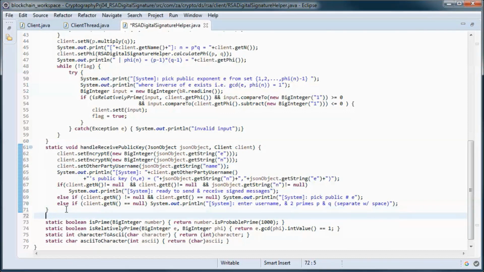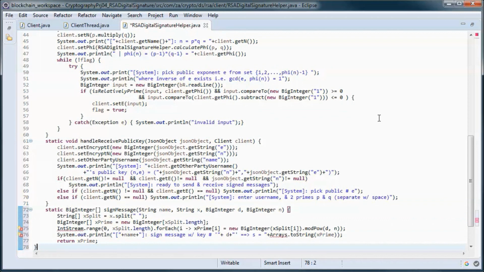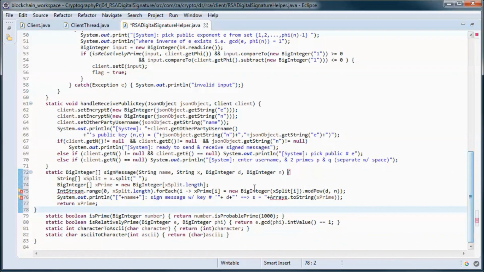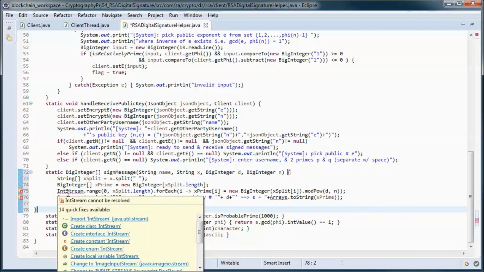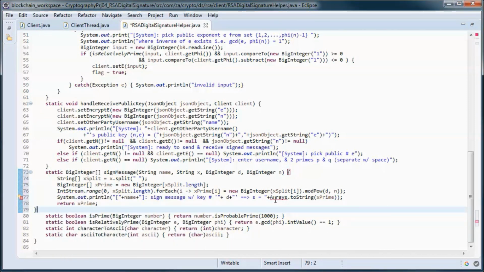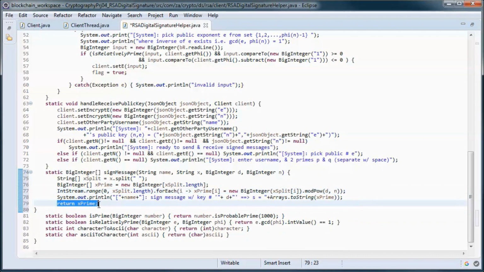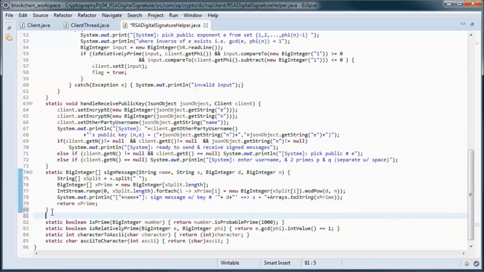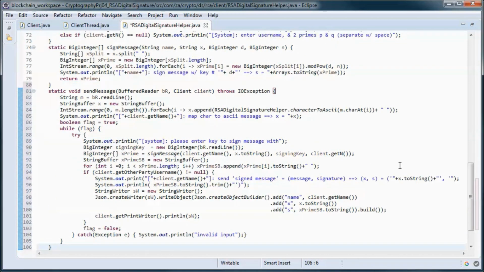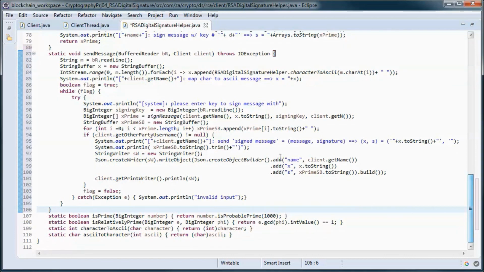And this method handles the signing of a message, and this one handles the sending of signed messages.